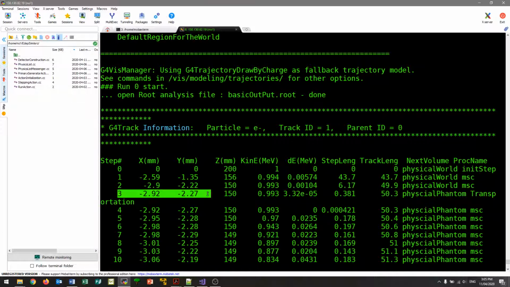And then you see in the third one, it's reached the end of the physical world, or well, not the end of the physical world. It's reached the start of another geometry called the physical phantom. So in this case, we've just got an air box world, and that's 1 meter cubed. And inside that world at the center, we've got a water cube 30 centimeters cubed. So you can see at this point of 150, since our phantom's 300 millimeters, and since it's placed in the center,